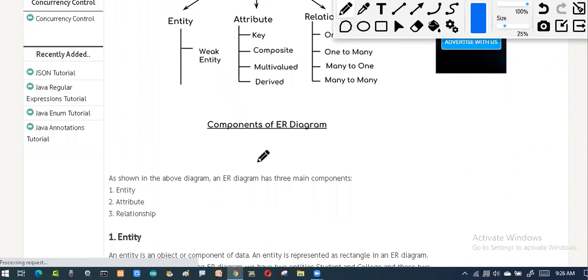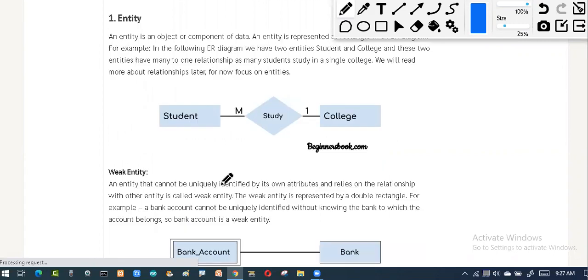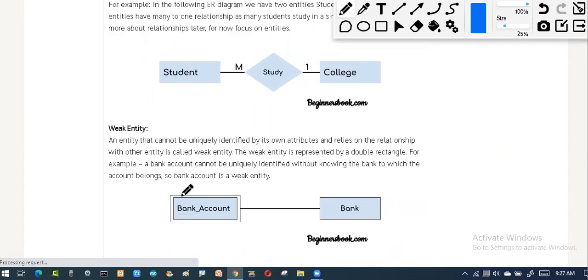Now if you see the example here, we have something called an entity. This is college and student. Normally, these are normal entities: the student is there, the college is there, so we simply draw it like this. Students study in the college, and many students join one college. So this is a sample example. Now coming to the weak entity, here you can see I have two rectangle boxes. I gave the example of loan and installment. Here you can see another example also.